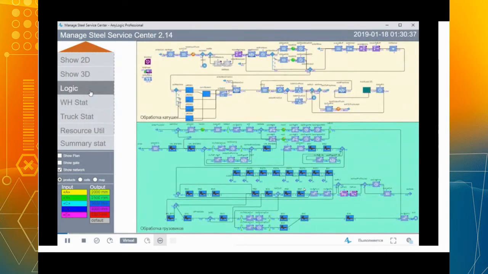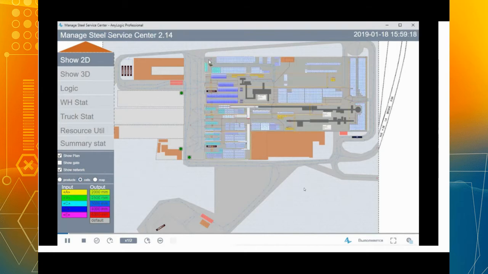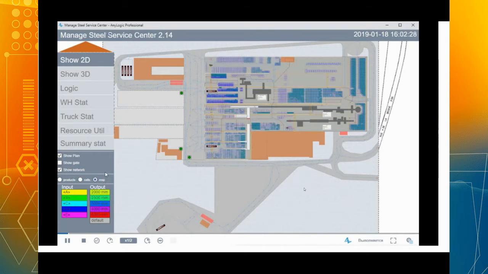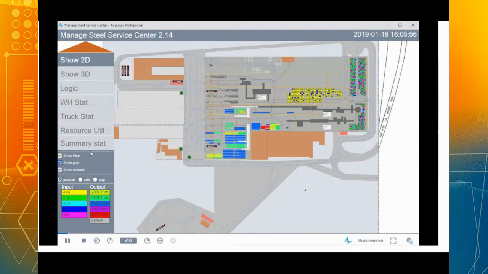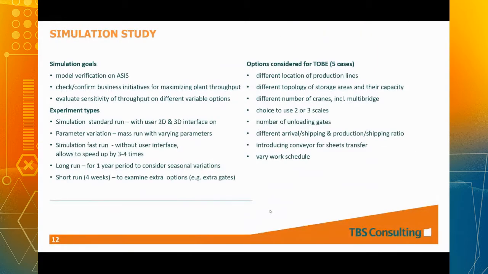A part of model logic. It's rather complicated because each production line has its own logic, about several tens of logic flowchart blocks. And so that was a short demo.